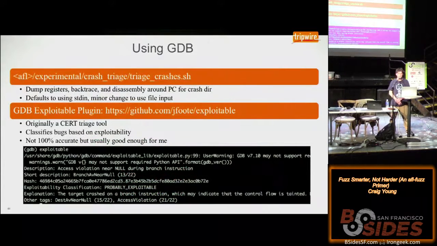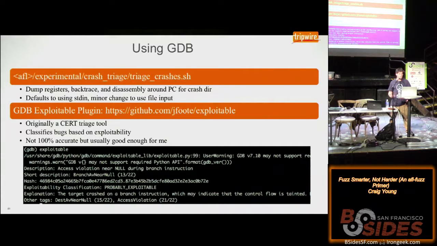Another powerful tool that's a little bit more lightweight is going to be GDB, of course. Within the AFL code, you've got an example script in there for triaging crashes. What this is going to do is go through your crashing test cases, and for each one, run GDB, let it crash, dump out the registers, disassemble around the program counter, and give you a backtrace for recording. You might need to make some minor tweaks depending on what your target is. Like if it's not using standard input, you're going to want to modify it